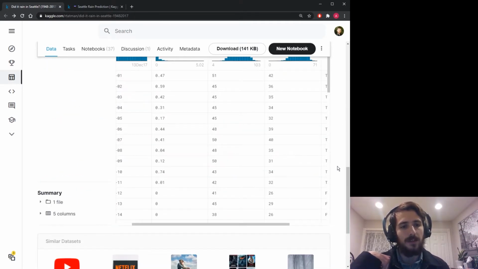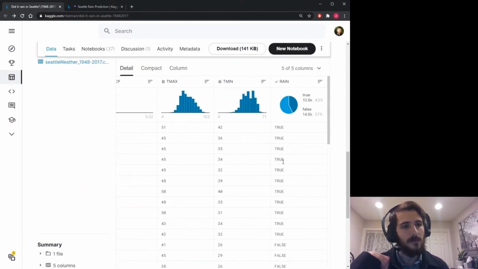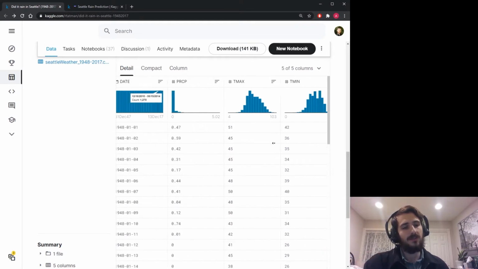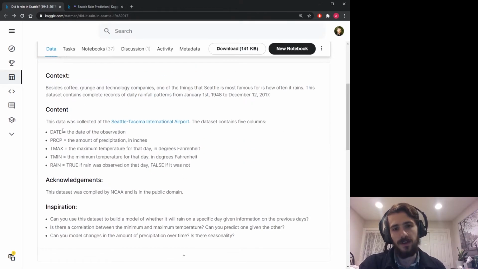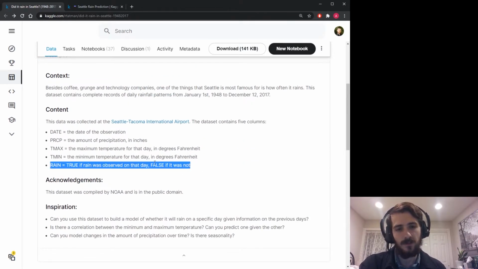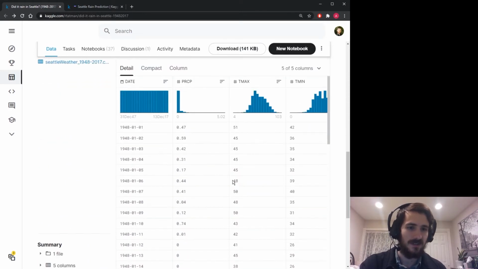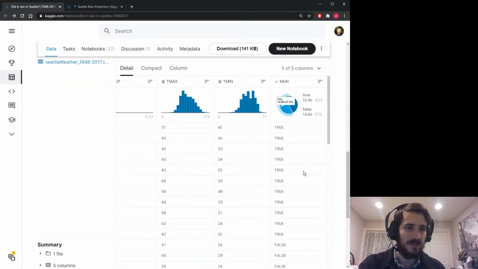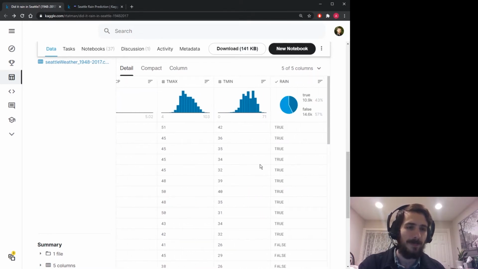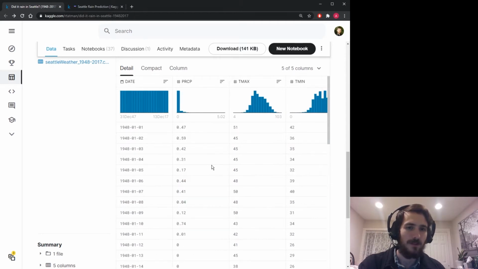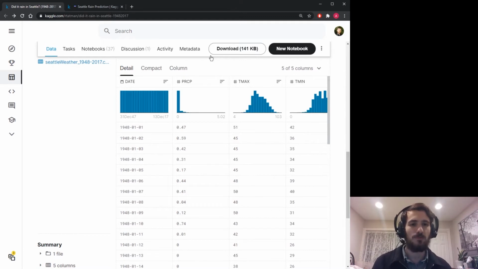And if you look, this rain column was actually formed from the precipitation column. So if we try to predict rain, we're going to easily get 100% accuracy simply because this was produced by a function of the data, right? I'll actually show you, but in the meantime,